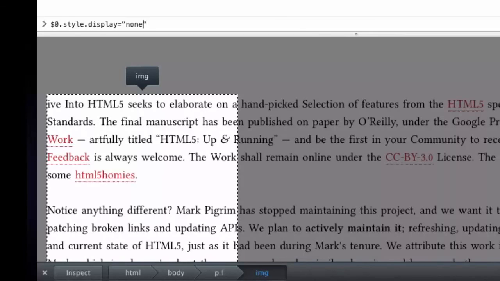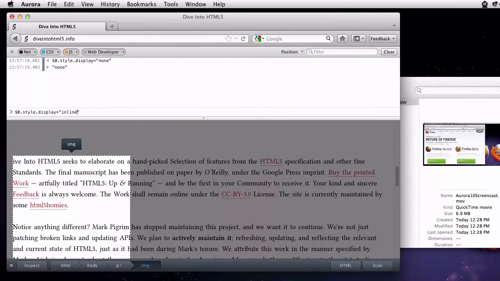I've made a big enough mess of this page. I'm going to close the Page Inspector and reload. Now you can see the network